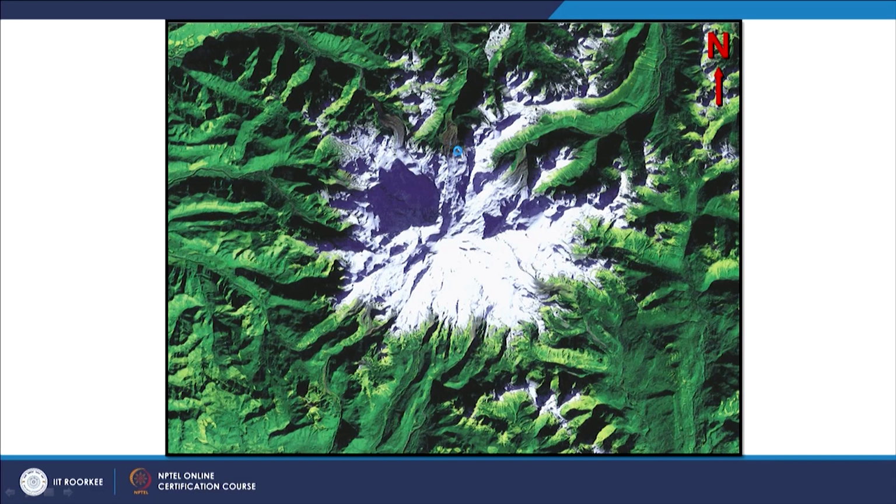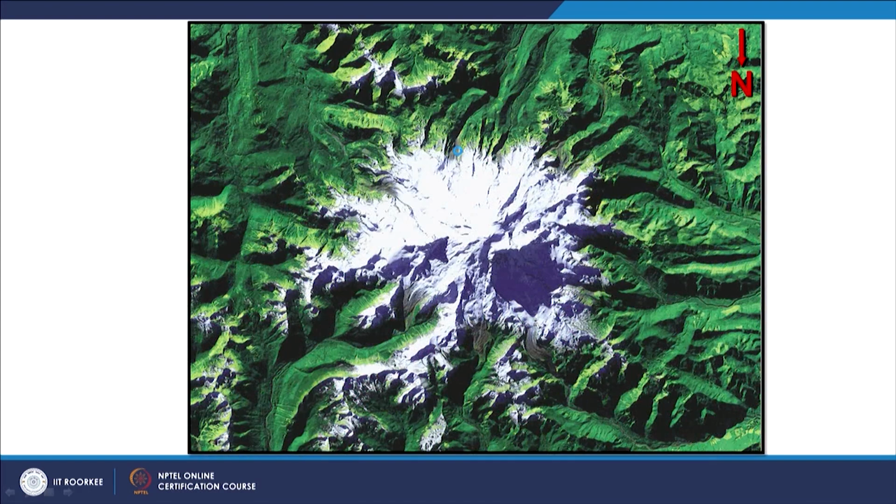Let us take one more example, like here in this image. If I say this is a snow covered peak, then why is the snow in a depression and not on the ridges, when north is upward? This is giving a completely wrong perception. But if I rotate by 180 degrees, now I am seeing a snow peak which is really on the higher grounds.